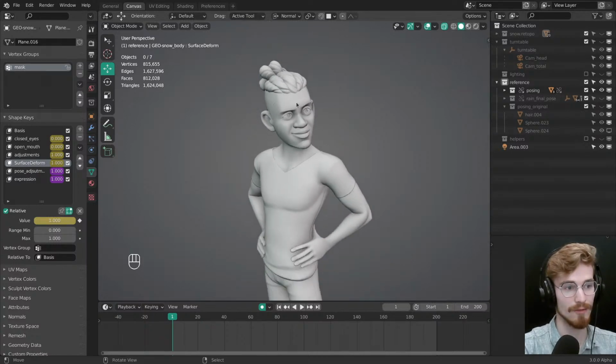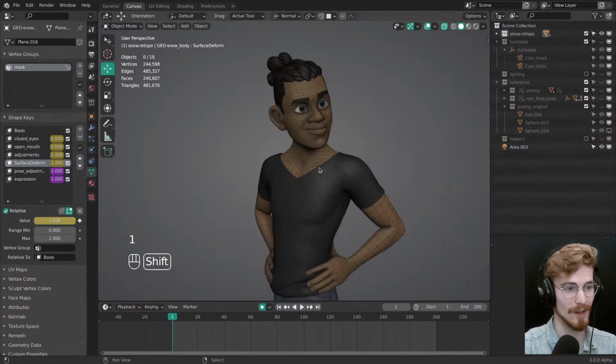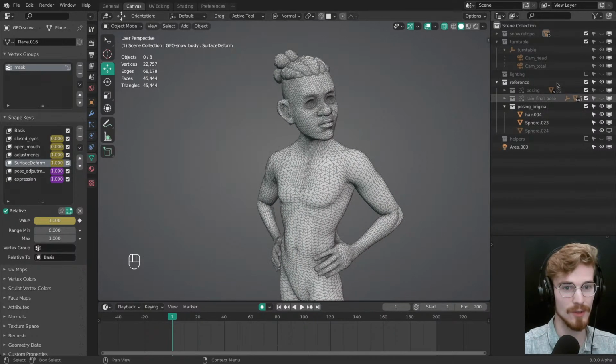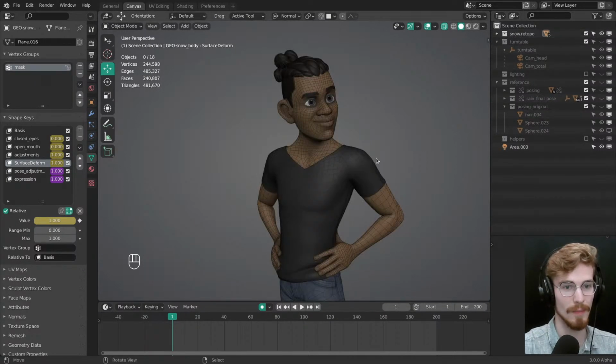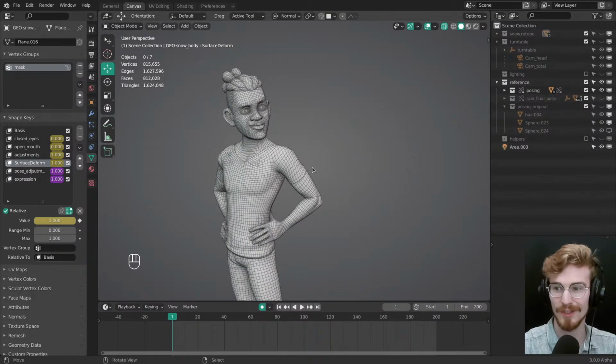So getting from this, which is basically its own complete independent mesh with its own topology, its own pose, with no reference to the original, to this one, what I had to do is go back a few versions into the past to find the original T-pose of the sculpt, and then to add a shape key